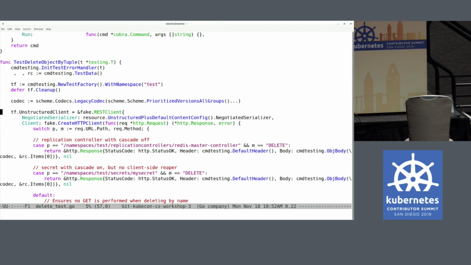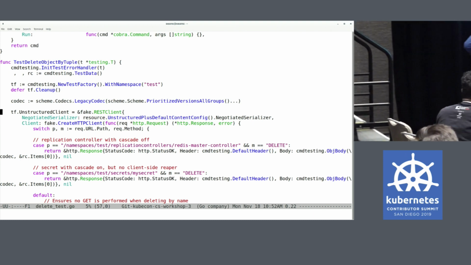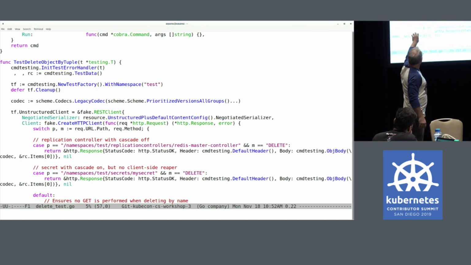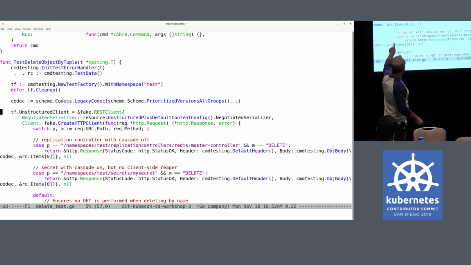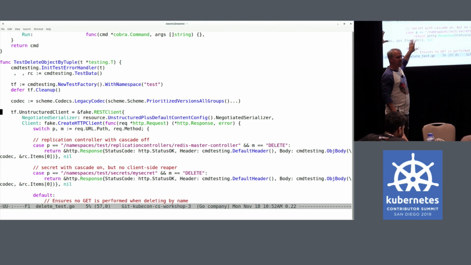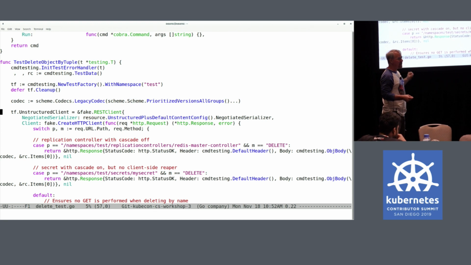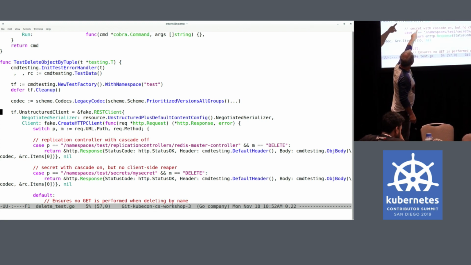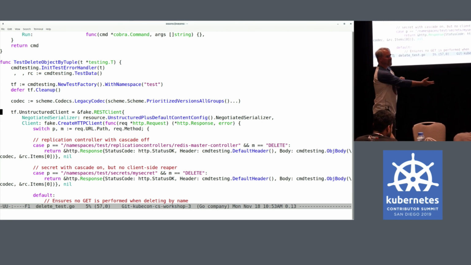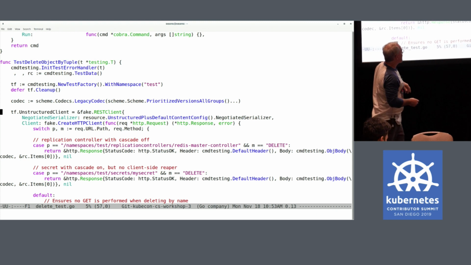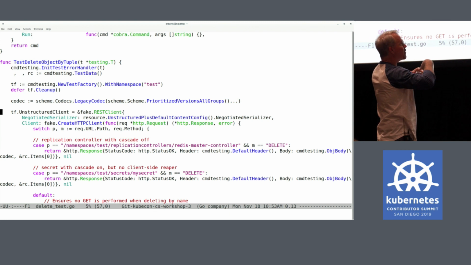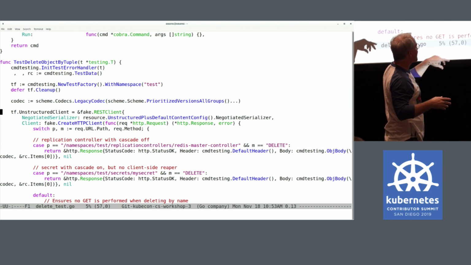Okay, so this is a test where we're creating a test factory, and we have to actually add our own codec. This is the kind of awkward part: we're creating a fake REST client in our factory, which is hard coding for this particular HTTP request. We hard code or mock out an HTTP response, and you can see we fill in the body. So for instance, we would fill in the body of the HTTP response